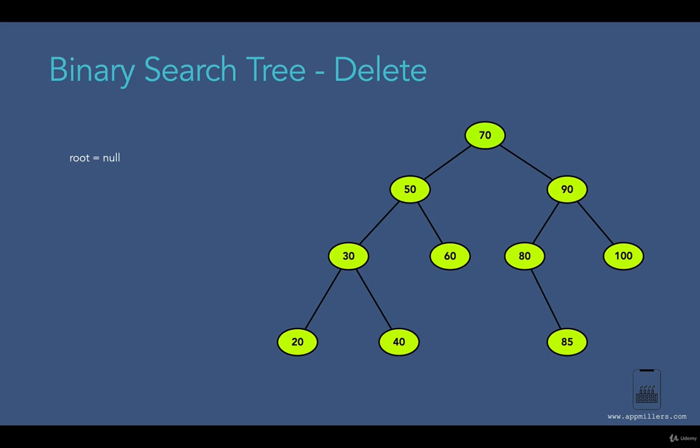Now in the previous lecture, we have learned how we can delete a node in a binary search tree. Now in this lecture, we will talk about how we can delete an entire binary search tree. So here, the concept is very simple. If we have implemented a binary tree with a linked list, we just need to delete the root node